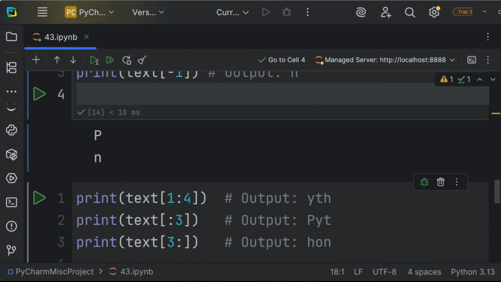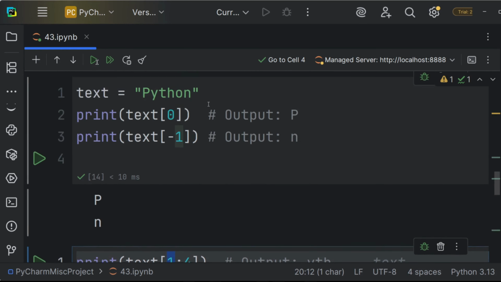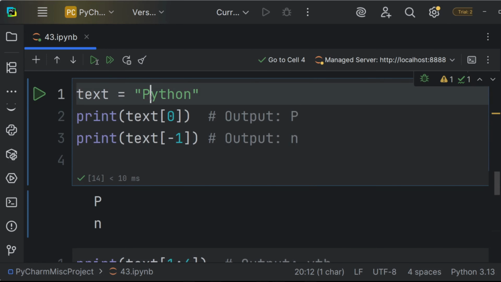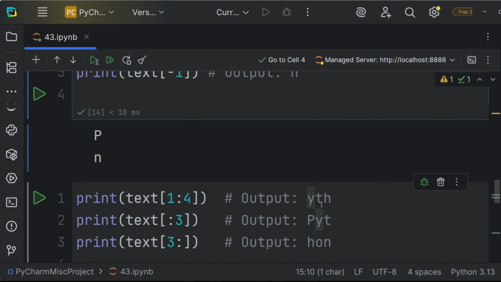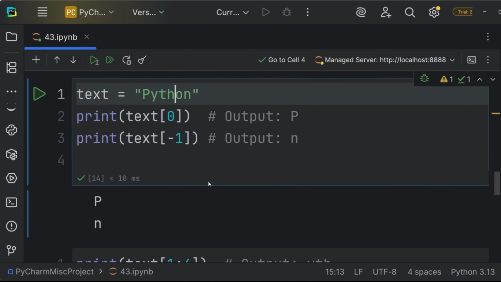First, to slice, we just put them in the square brackets. That's the number one rule when you're using indexes. And we keep the starting position. So if you wanted to print YTH, our starting position would be 1, because this is 0 and this is 1. Now we want YTH. But if you look at this properly, this is 0, this is 1, this is 2, this is 3. So wouldn't you just print